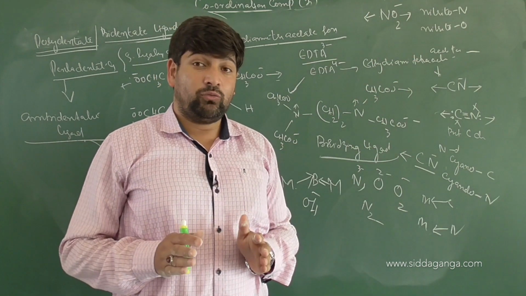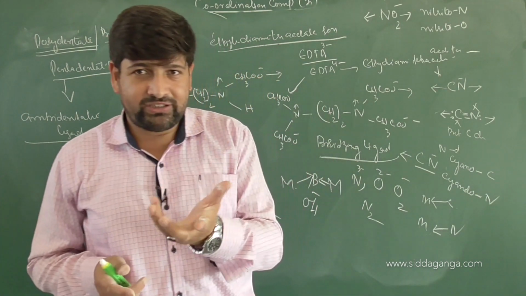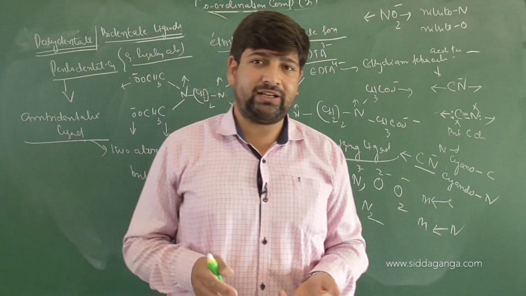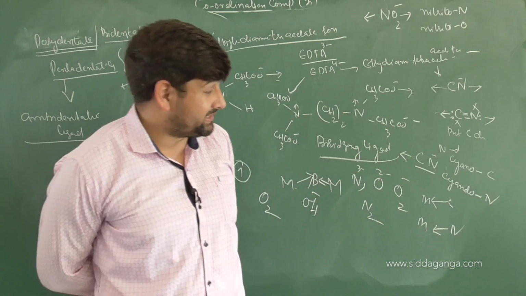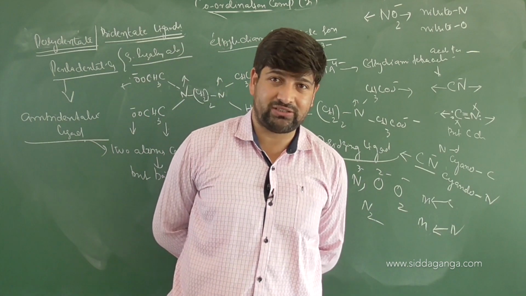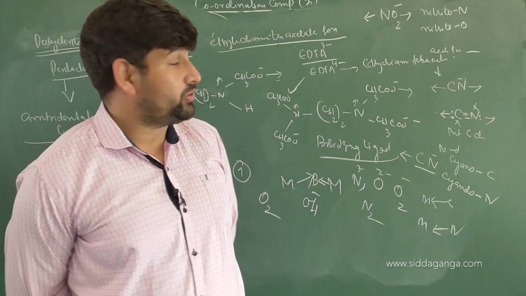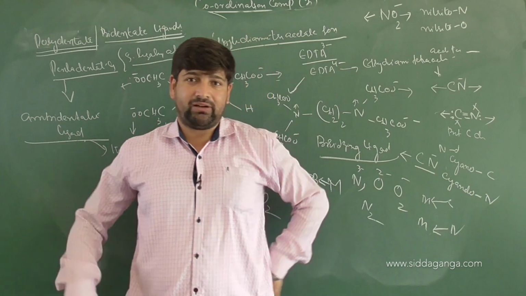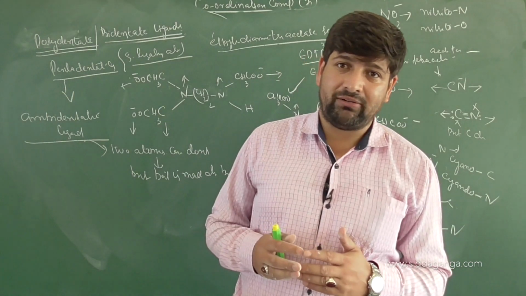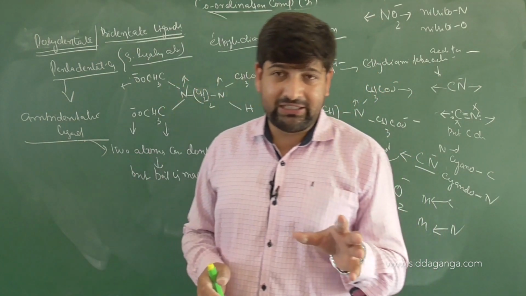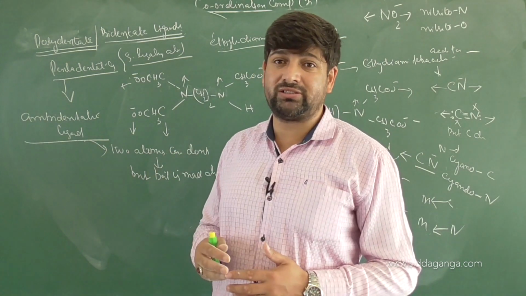And if you are asked what the conditions are for linkage isomerism to come into play, the simple thing is to look at a coordination compound and check for an ambidentate ligand, and if an ambidentate ligand is present, definitely linkage isomerism will come into play. Like I said a while ago, ligand position isomerism is also available in a flexidentate ligand system. Am I clear, children? Did you understand the concept of ligands here? So you have understood the basic definitions of all the things. So in these classes, we have clearly demonstrated the basic definition, the Alfred Werner theory, and we discussed different types of systems that a coordination compound is made up of.